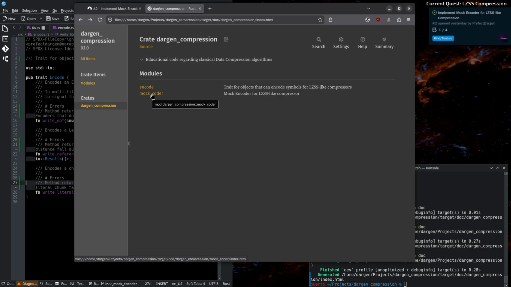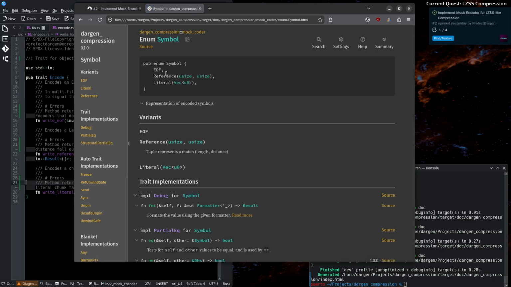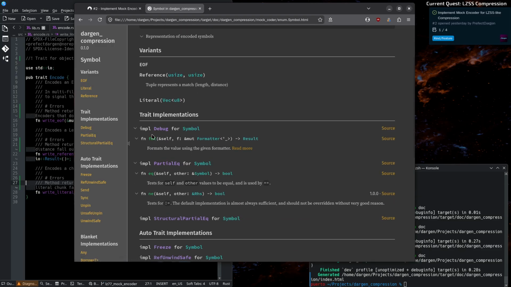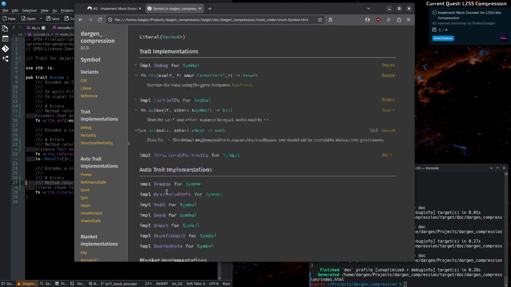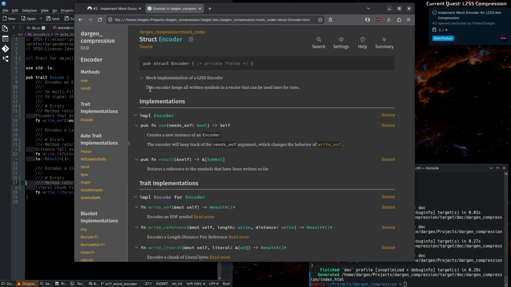And in the encoder, we have the symbol enumeration. And the trait implementations, debug and partial equality. And for the encoder,